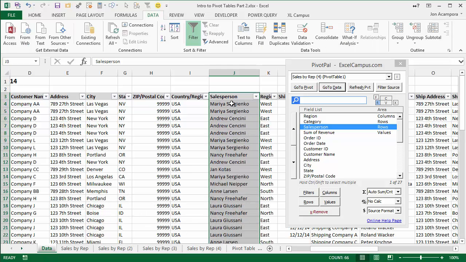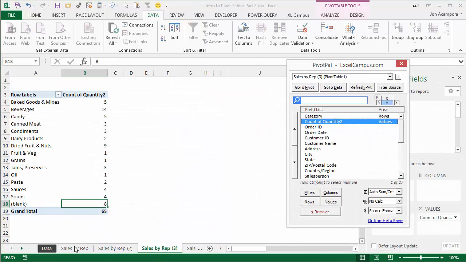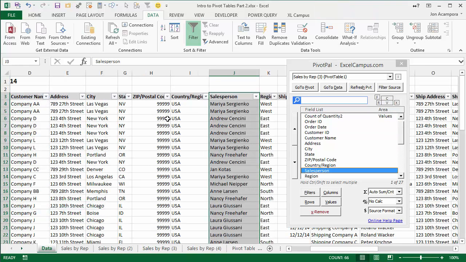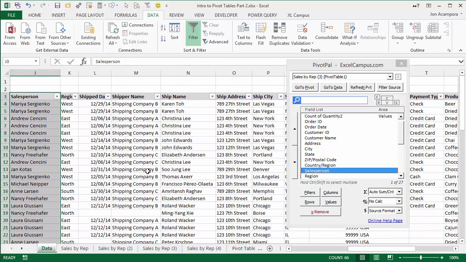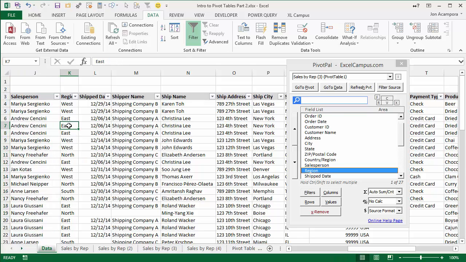And now a lot of times what you'll end up doing is flipping back and forth between your pivot table and your source data sheet because you're trying to add a field, but you're not necessarily sure of the name of the field. You know the data that's inside that field, but you're not necessarily sure of how it's named. So you end up flipping back and forth between these. Well, with PivotPal, you can just go to the source data sheet and select any cells. And as I select these cells, they're automatically selected in the PivotPal window for you. So you can see I'm just selecting different cells here in the data set, and those fields are then selected for you in PivotPal. And then all you have to do is click one of these buttons to add it